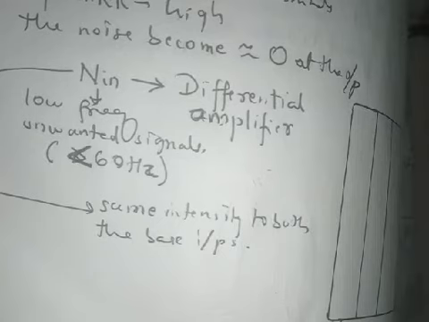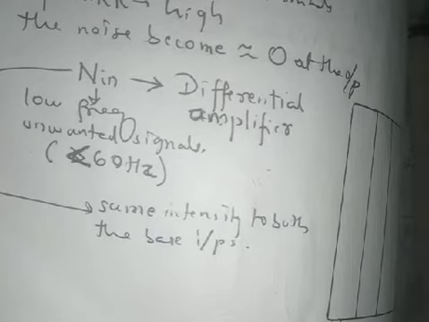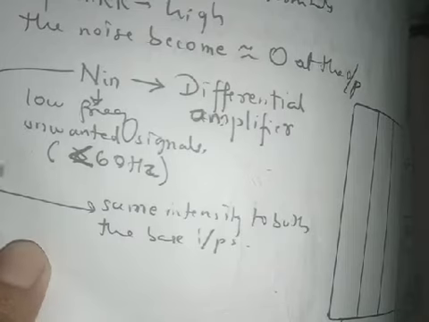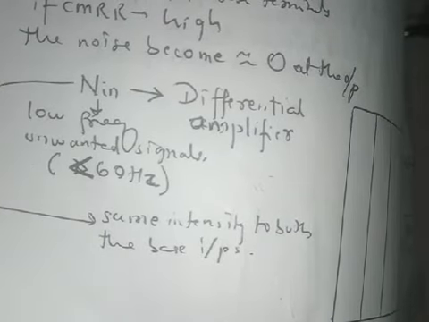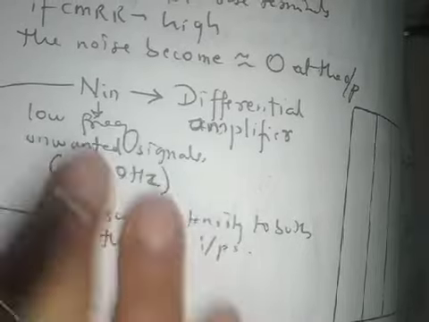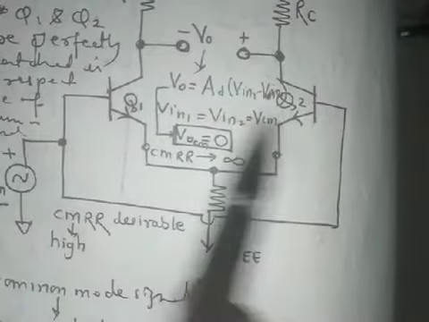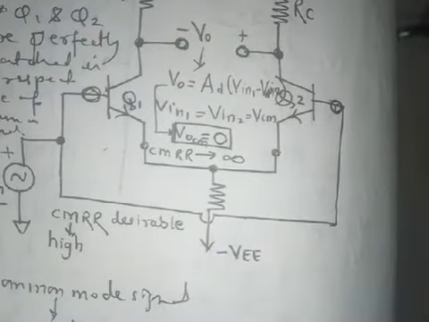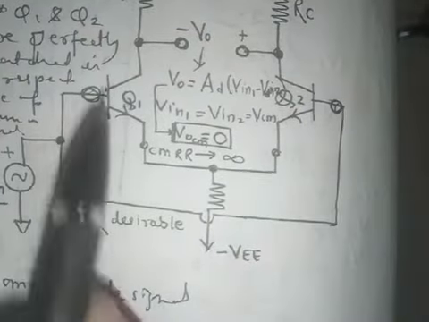Since the differential amplifier is a very compact assembly and the transistors are very small in size, you can imagine the terminals are very close to each other. So any noise which is coming from external sources can act to the same value on all the terminals of the BJT. Since the BJTs are a very compact and small assembly, the noise acting here is the same as the noise acting here. It is not possible that the noise here and here are different. Always the noise is common to both the base terminals, and this is the fact.